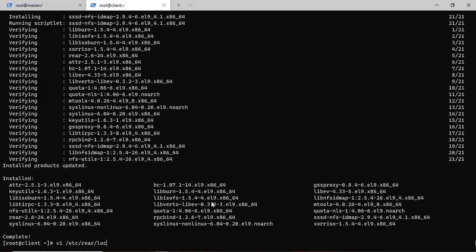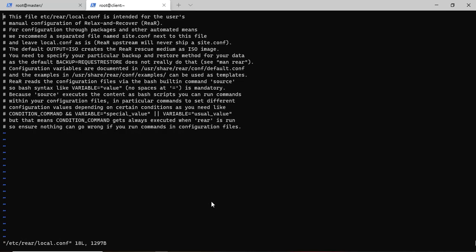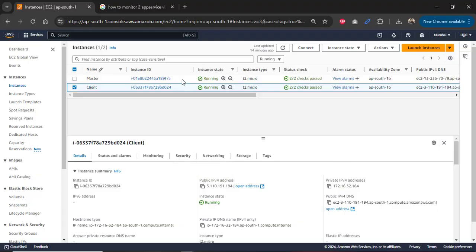Now we should configure the configuration file inside ReaR. There is a file called local.conf. Inside this, we should update the information. What we need to update is the output, which should be ISO, and the output URL. In the output URL, we have to mention the NFS server. So my NFS server master